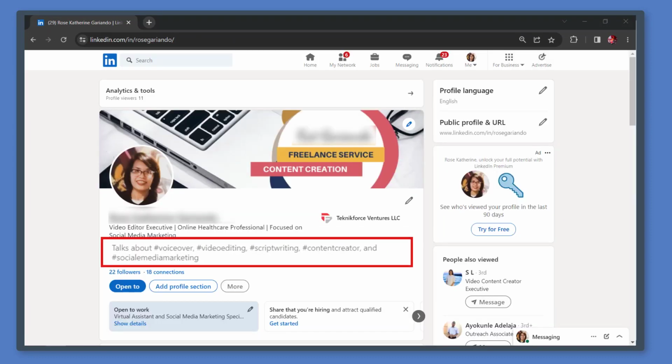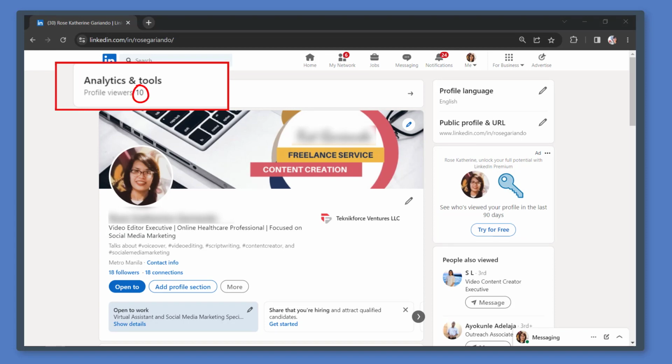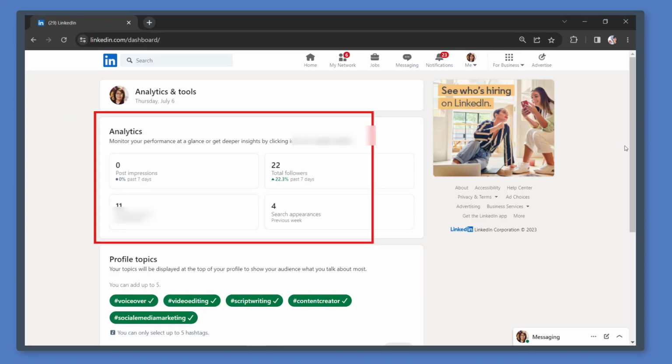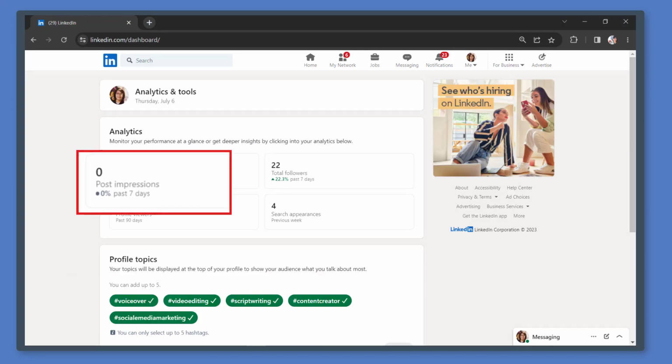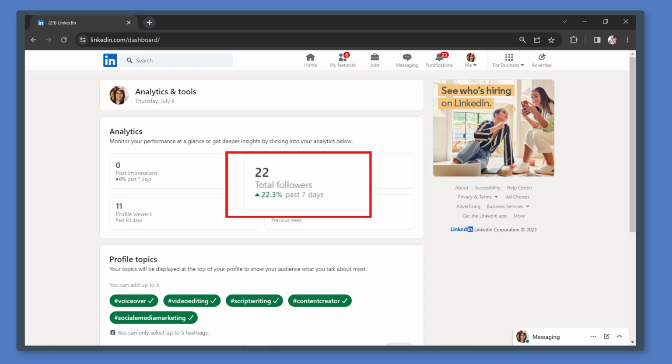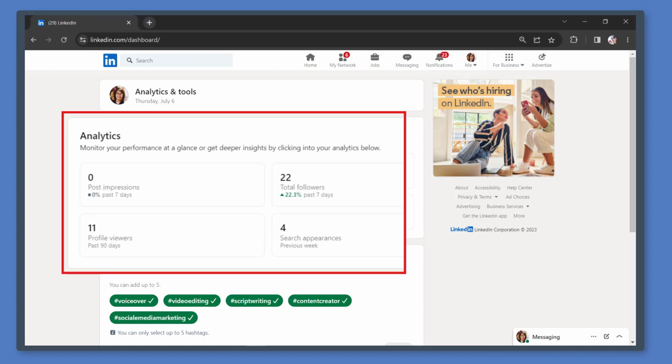Now that we have enabled the Creator mode, you can see the topics that we have added just below our headline. You can view the Analytics tool at the top of your profile. It even shows the number of people who viewed your profile. Under Analytics, you can monitor your performance, such as the post impressions, total number of followers, profile views, and search appearances. These metrics can help you determine if your LinkedIn profile and your content are effective in attracting more people